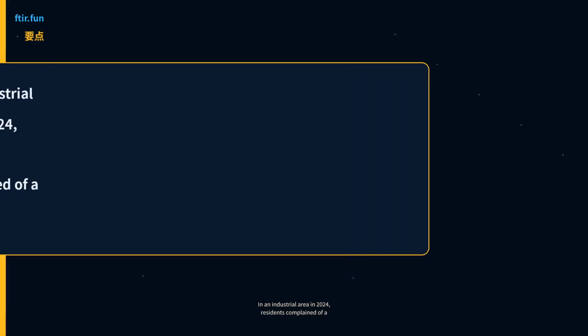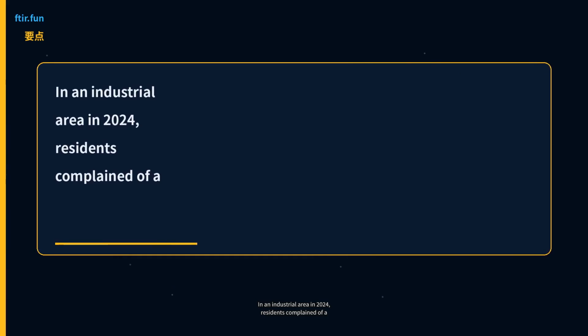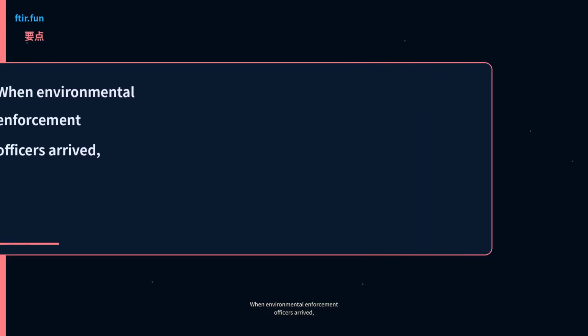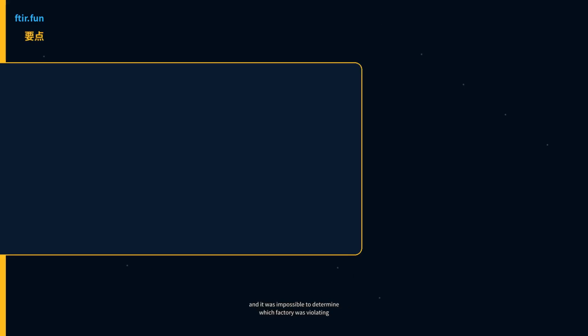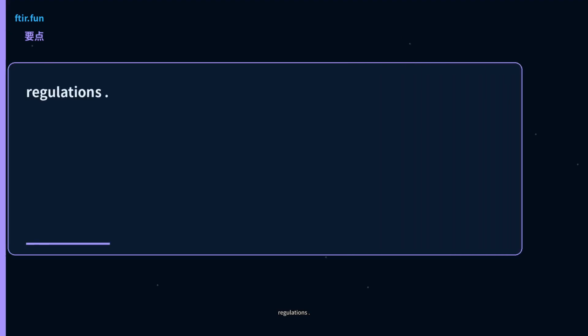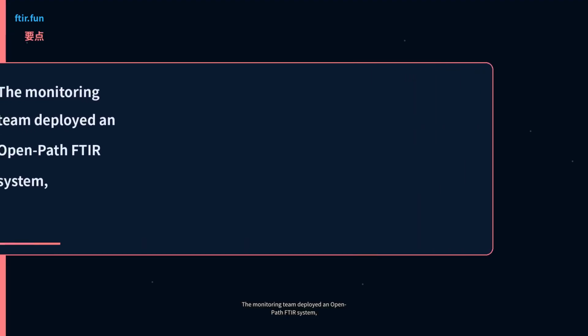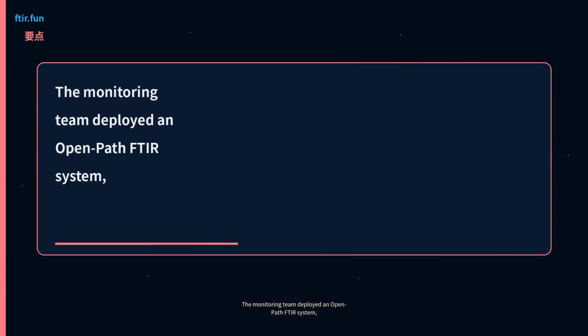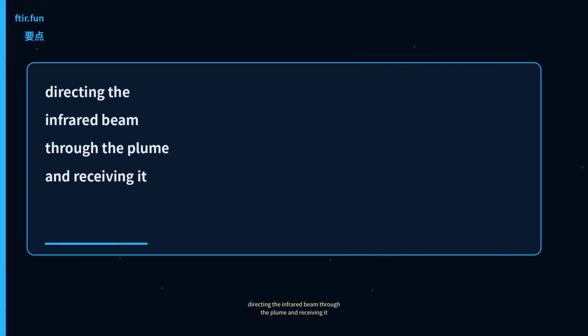In an industrial area in 2024, residents complained of a pungent odor at night. When environmental enforcement officers arrived, several chimneys were emitting normally, and it was impossible to determine which factory was violating regulations. The monitoring team deployed an OP-FTIR system, directing the infrared beam through the plume and receiving it 500 meters